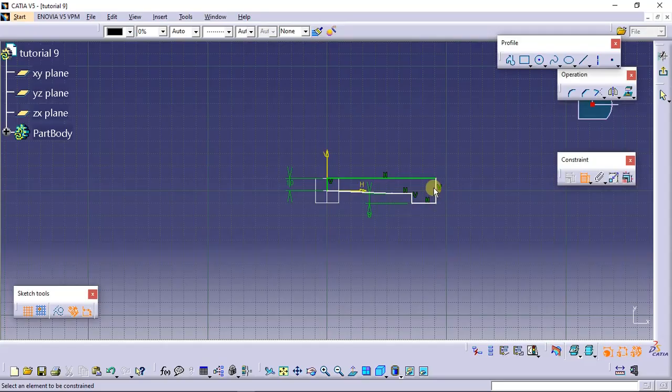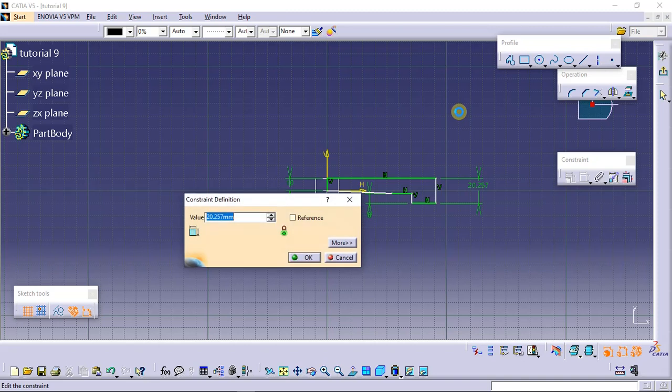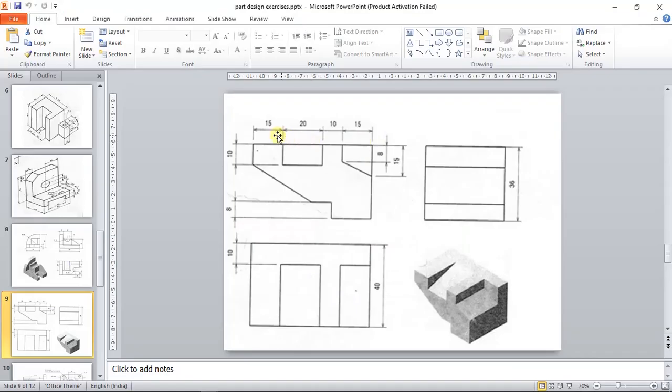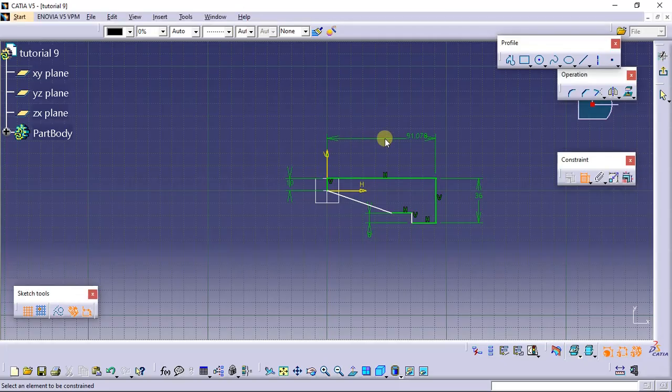This would be 36. So this would be 15 plus 20 plus 10 plus 15, 60.